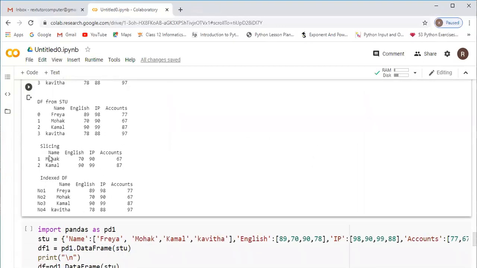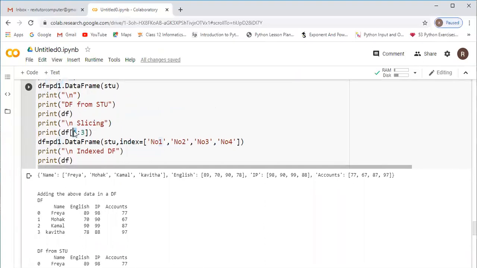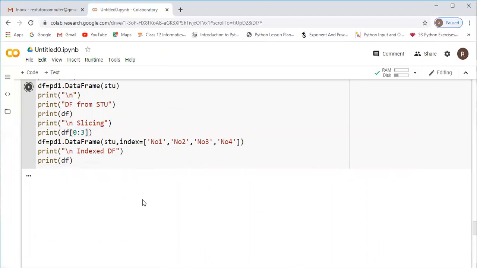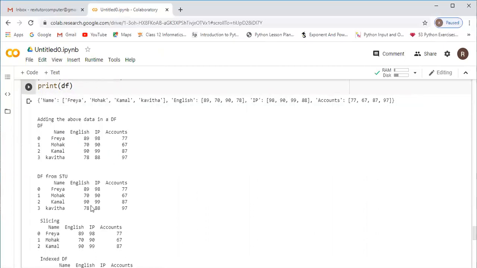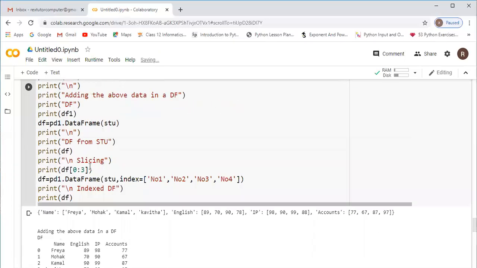Now see, in the slicing, record 1 we have Mohit 70, 90, 67, then record 2. Suppose I am giving 0 here, that is slicing from the beginning, we will get the 0th record to the second record. See here, in the slicing, the 0th record, first record and second record we will get.